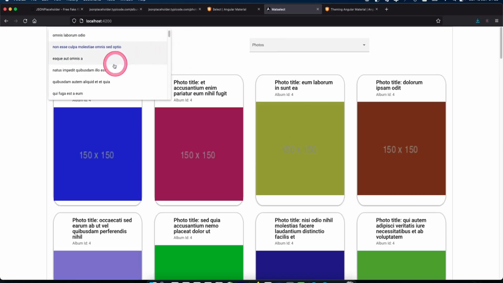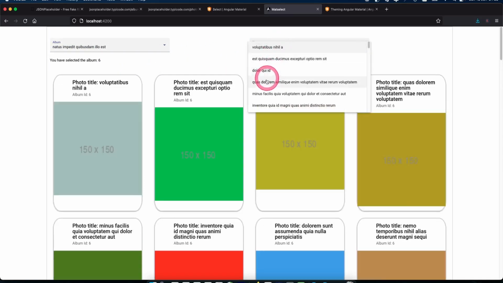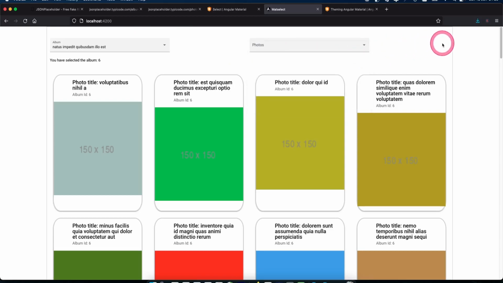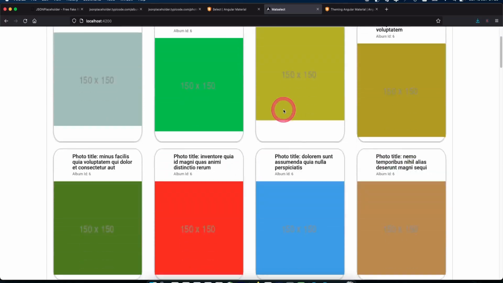So as you choose which album you want, the photos get loaded into this. So you can further filter this down. For example, this could be country, this could be city or state or province, and the next select could be a city. It could be any kind of data.